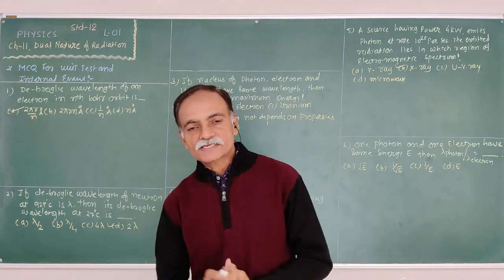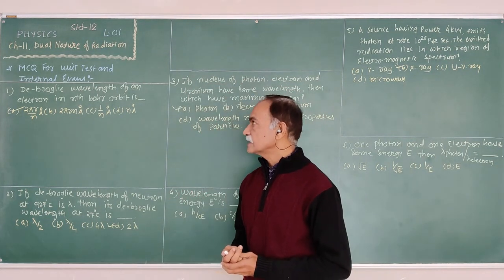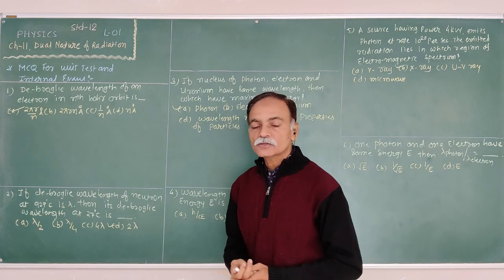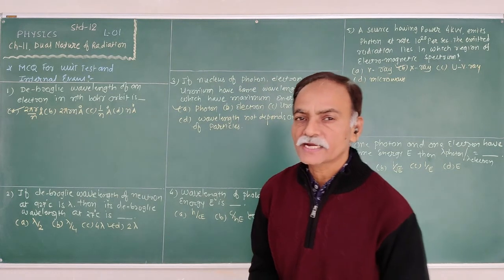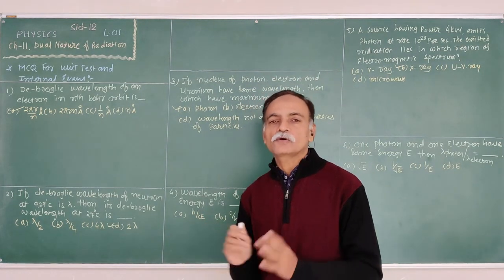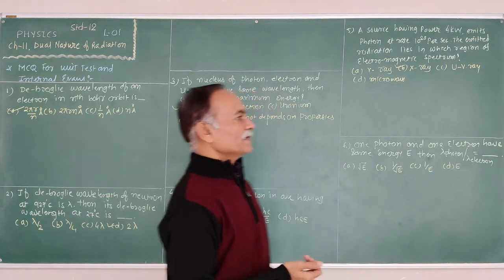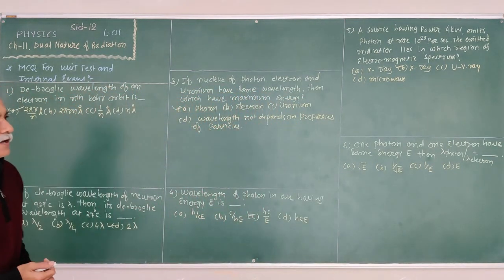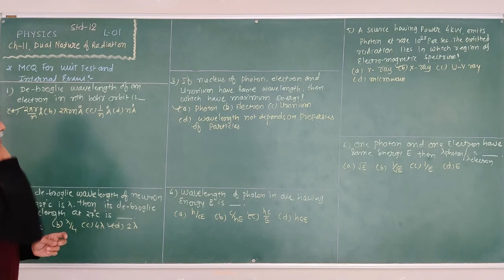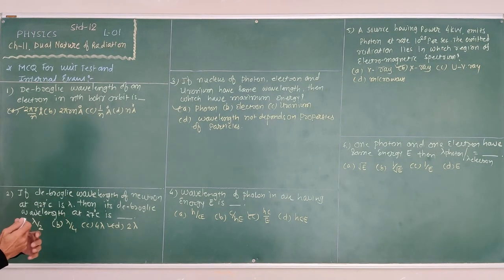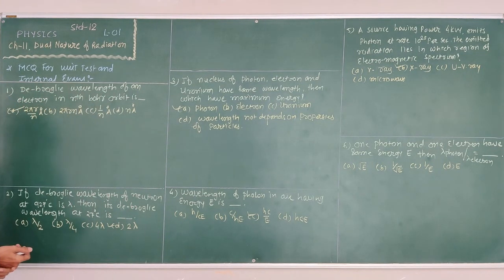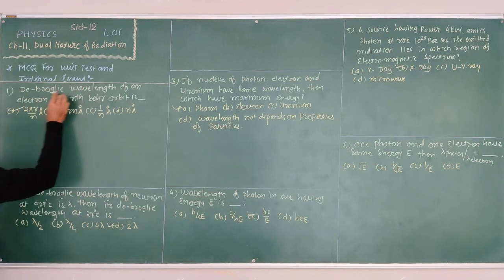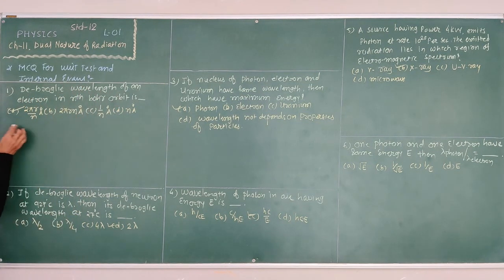Okay, now the first question is: the de Broglie wavelength of an electron in nth Bohr orbit is. What is the de Broglie wavelength of an electron in nth orbit? For that purpose, we know that the angular momentum of an electron in nth orbit, from Bohr's hypothesis, is mvr equal to nh upon 2 pi. We require the de Broglie wavelength, therefore angular momentum